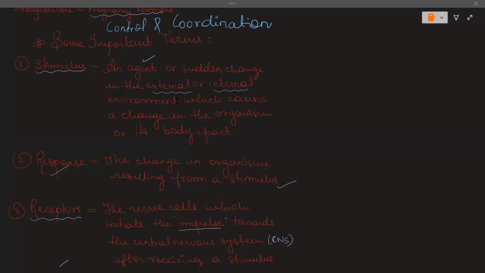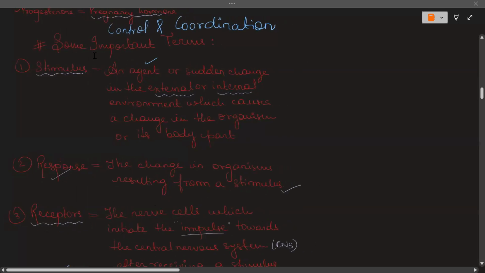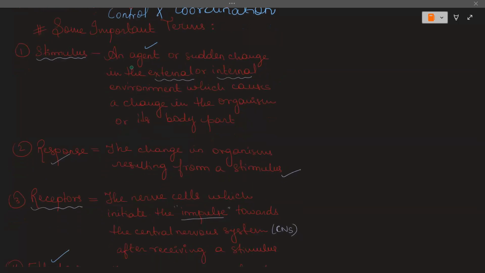Okay, so let's talk about control and coordination. Before we dive properly into the chapter, we'll talk about some of the important terms related to this particular chapter. The first one is stimulus. A stimulus is the internal or external sudden change that we feel because of which,